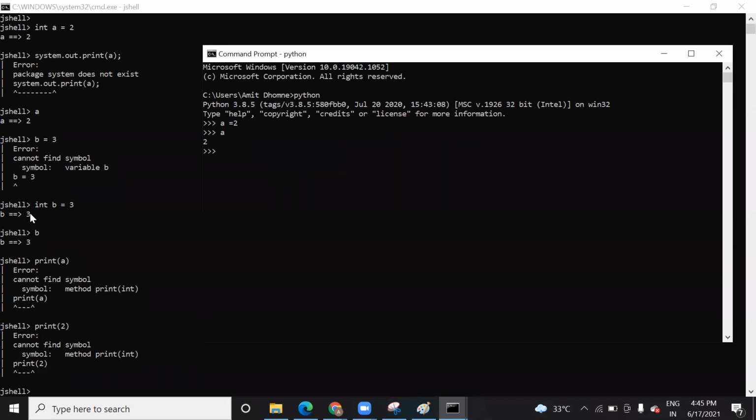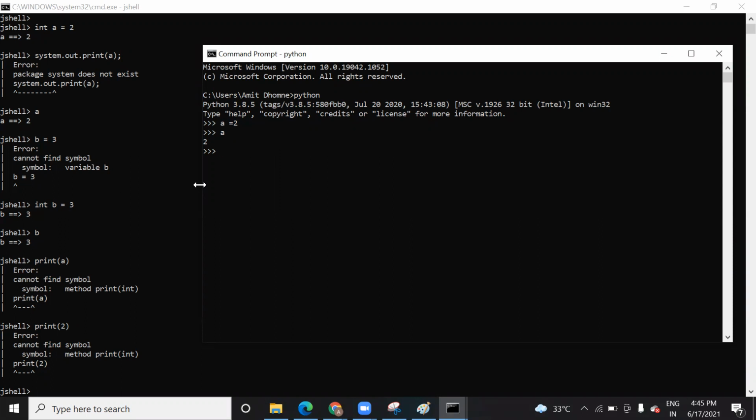Why? Because Python is a dynamic language. It finds the data type of a variable based on the data itself. But Java is not dynamic, it's a static language. However, dynamic in the sense you can do many things in Java, but you need to declare a data type. Without a data type, it will not be able to find out what kind of data that particular variable is holding. So this is the difference.